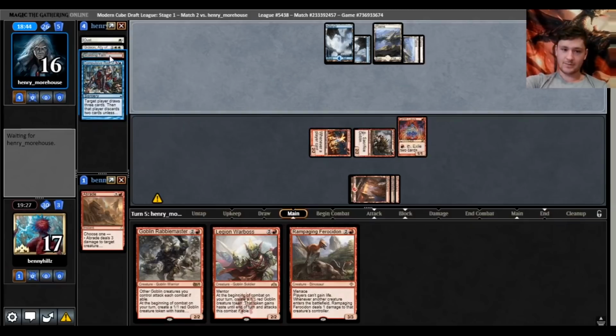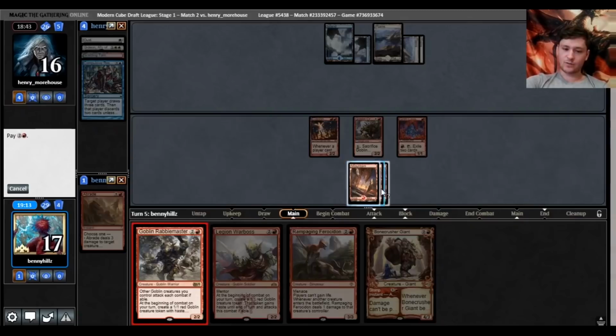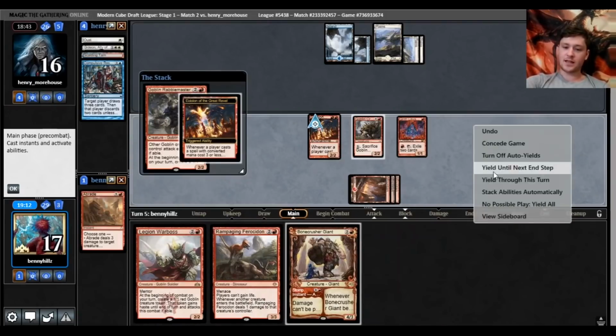Discard Scalding Tarn, that makes sense. That's a weird card for them to be playing if they don't have duels. Now the question is if we want to play more things. Like, we could just go Rabblemaster. You know what? We are going to do that. We just want to push damage. We have more gas, too. It's not like we need to...